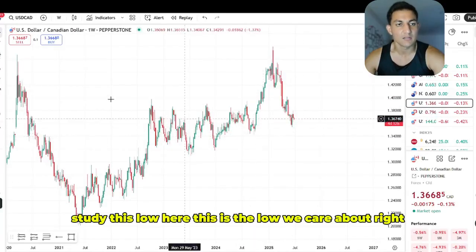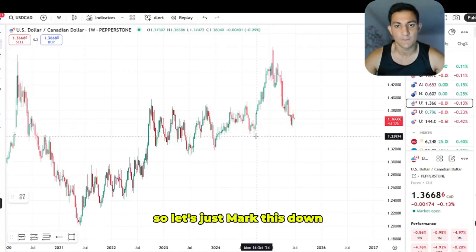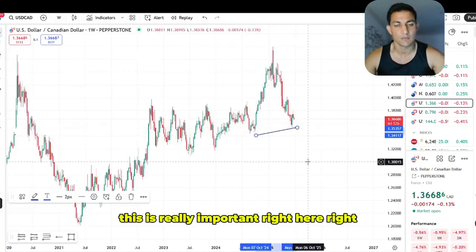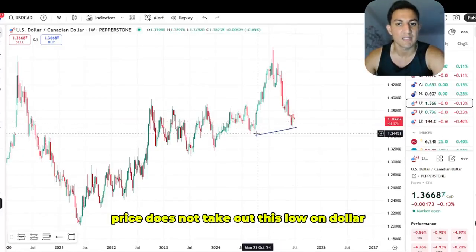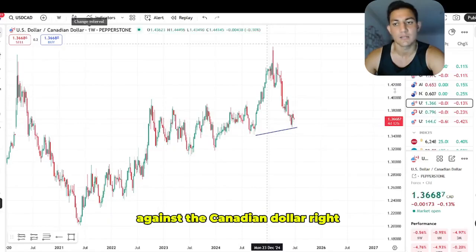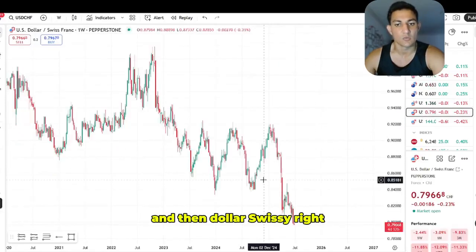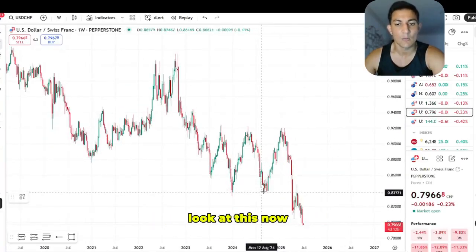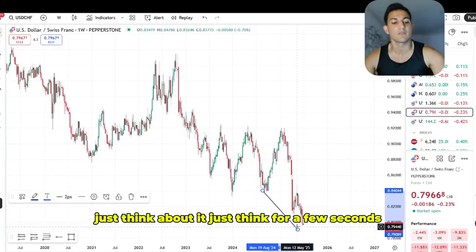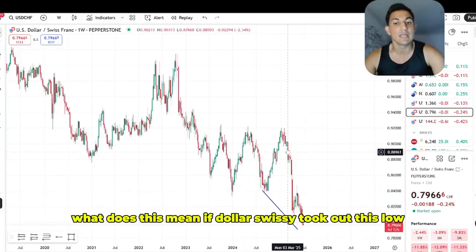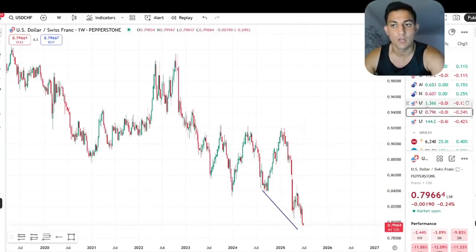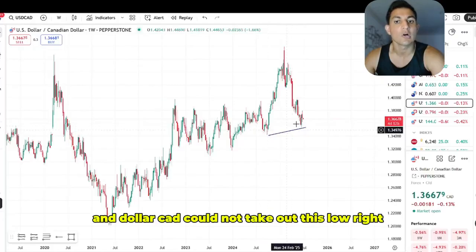Study this low here. This is the low we care about, right? So let's just mark this out. This is really important right here, right? So here we have price does not take out this low on dollar against the Canadian dollar, right? And then dollar Swissy, right? Look at this. Now, what does this mean, right? Just think about it. Just think for a few seconds. What does this mean? If dollar Swissy took out this low and dollar CAD could not take out this low,